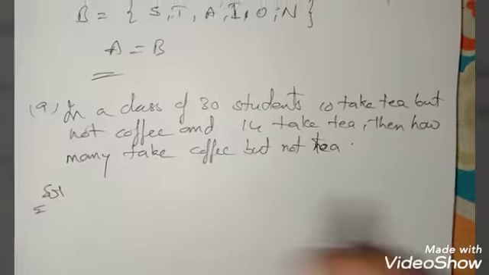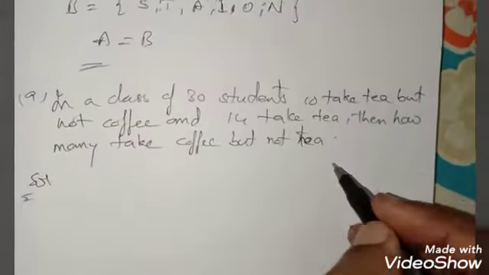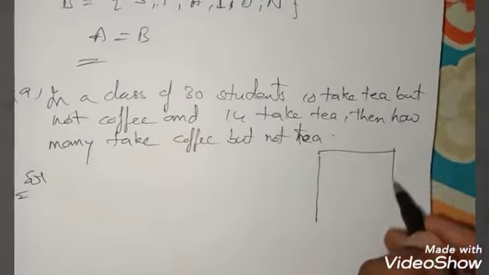Right, now here the total number of students in a class, if I go for the Venn diagram,